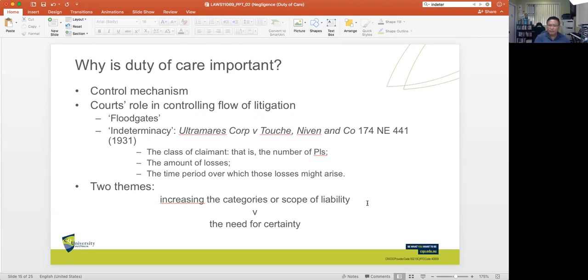Because would it mean that because of the negligent action on the part of a particular defendant, that defendant can be held liable as events unfold and as bad events cascade down the months and down the years? So that becomes a basic issue. And so for the court, when it examines the issue of duty of care, there's always that aspect of a control mechanism. The duty of care principle becomes a control mechanism because the more widely